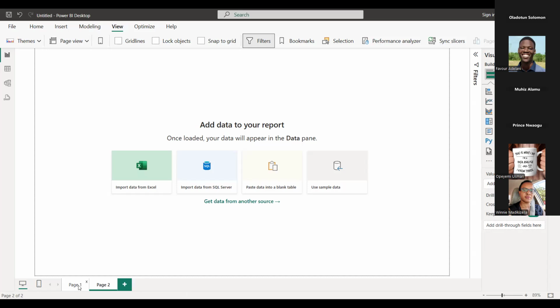I'm very sure we already did things similar to this when we were exploring the Excel interface. If I want to rename this, I just right click on the page itself and say rename, and I can call it whatever I want. Let me just call it one page.